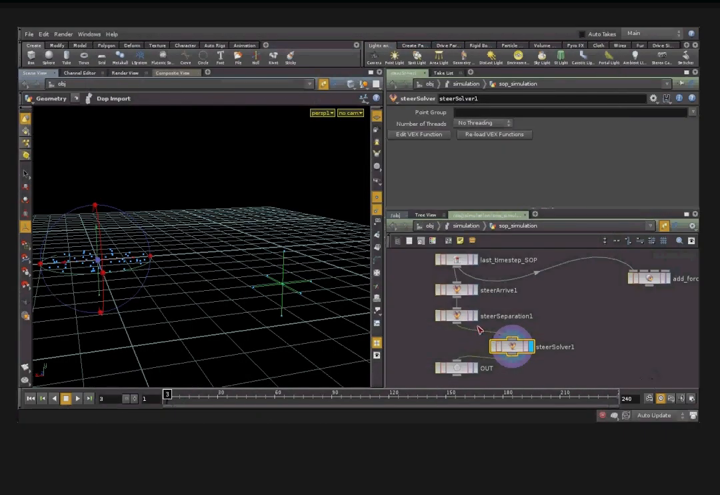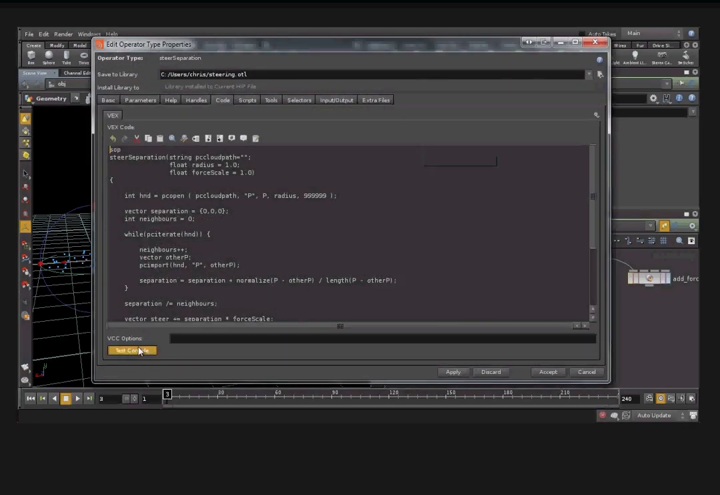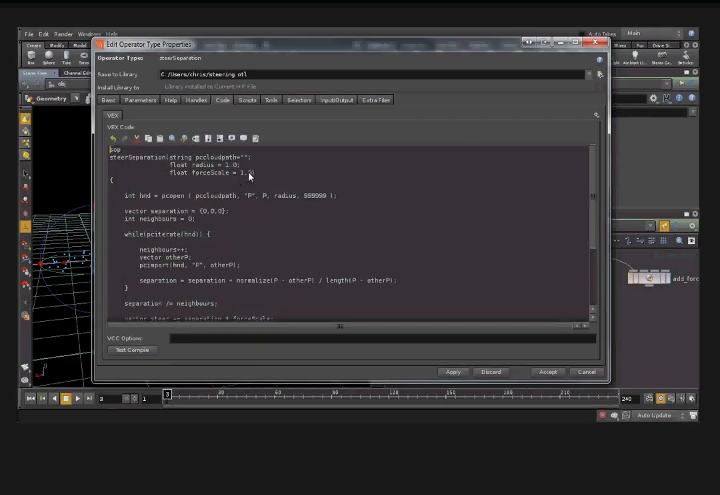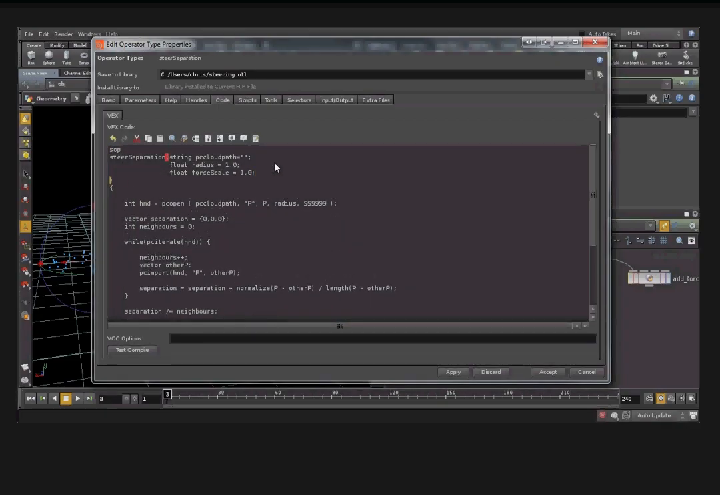Just take a look into the separation. I think I forgot something. And just compile. And we see we have an error here, a compiling error. This is because we forgot the priority. Let's add the priority, float priority,